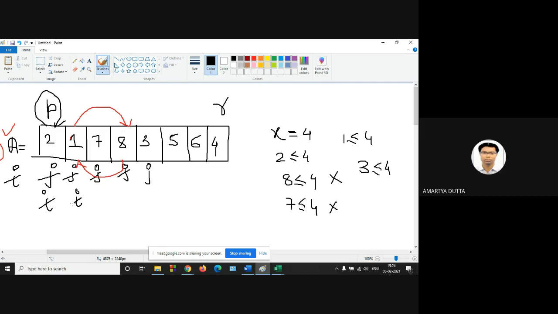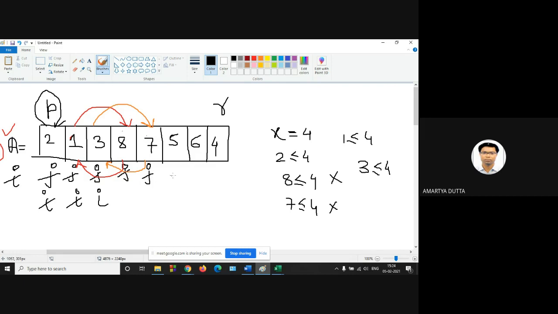No, first increment the value of i, then exchange. So 7 and 3 exchange. So this will be 3 and this will be 7.